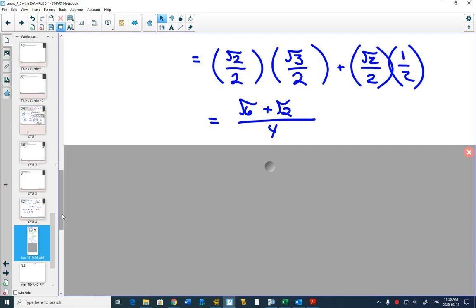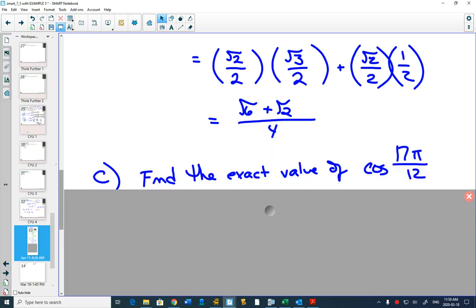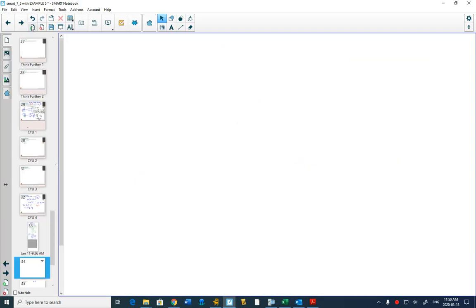There's a lot more. We've got at least 25 minutes left, so that works out perfect. Next one we're going to do is find the exact value of cos of 17 pi over 12. But before we get into that,